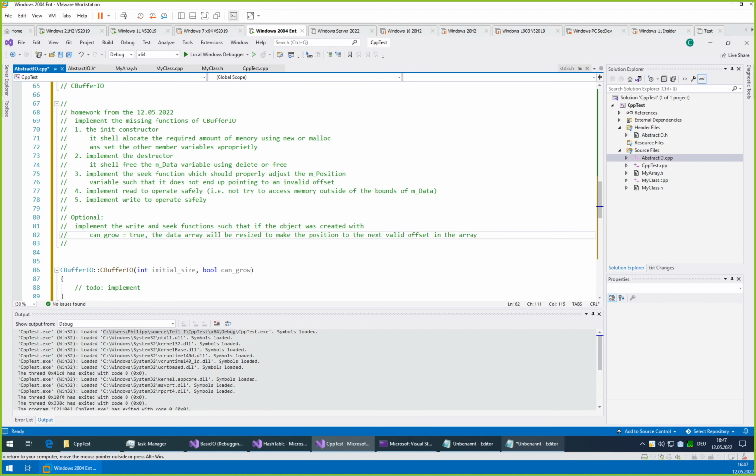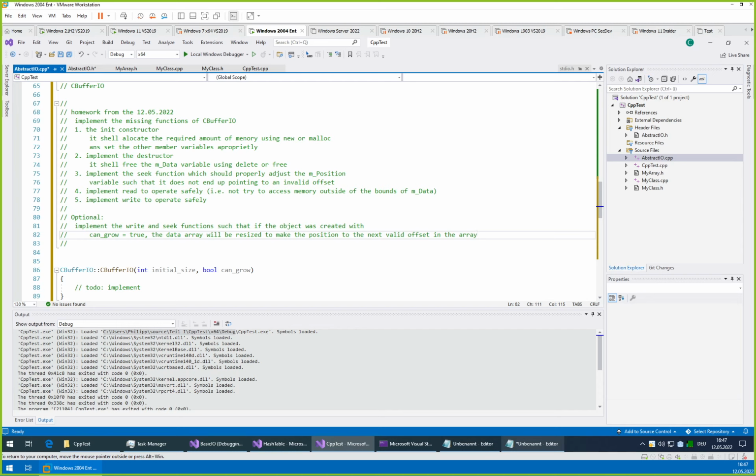So the way the position pointer works is that it points to the location of the next operation in the file. So if you have an empty file, the file pointer will point to the offset 0, because if you would try to read or write the file, you would try to read or write the file at offset 0.